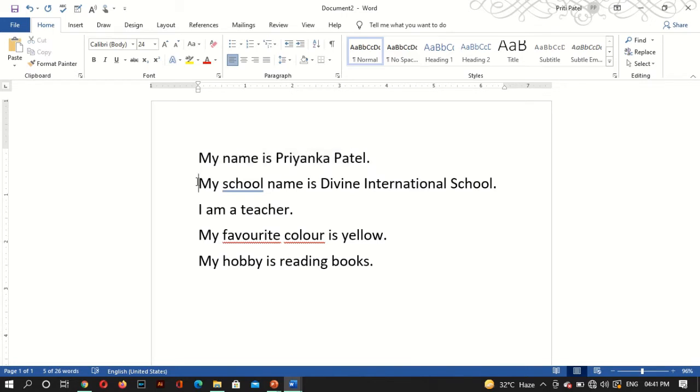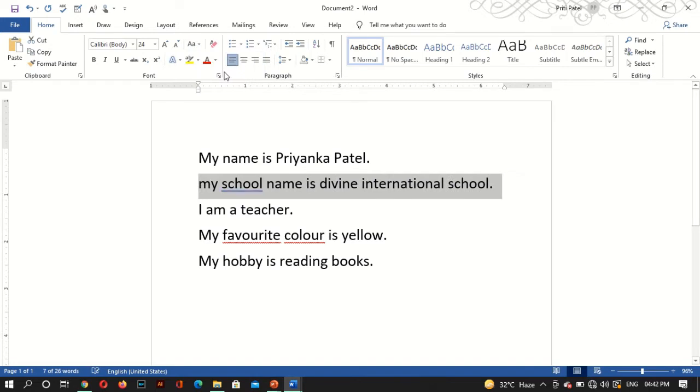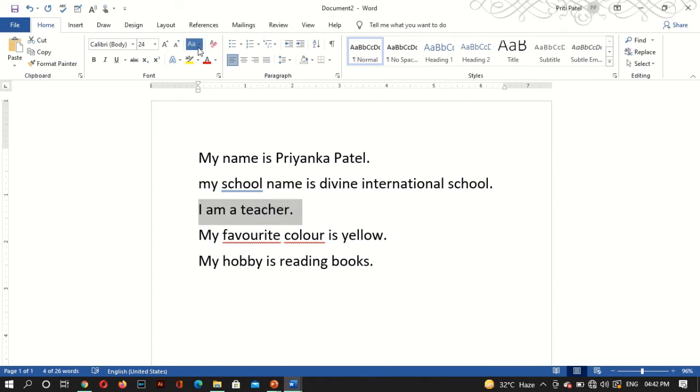Then second, I will select it. Then same, lower case. In lower case, all the letters are displayed in lower case, means सब सारे small letters में होंगे. Then third one is upper case. All the letters are in capital letters, okay?